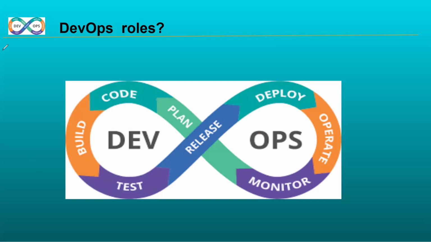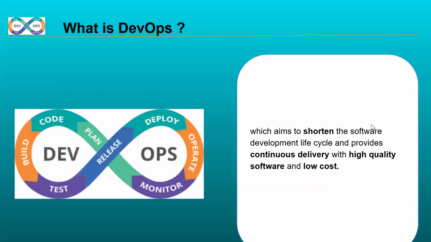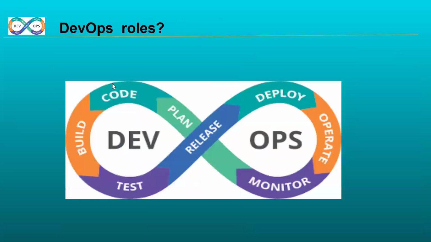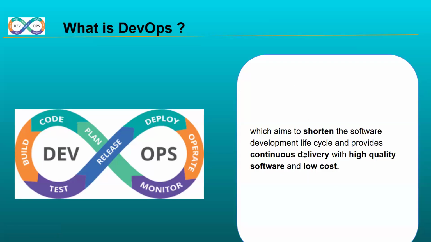As a DevOps engineer, what exactly are we going to do? We are going to implement an automated DevOps transparent pipeline. DevOps is not a technology like Java or .NET. DevOps is a process. While implementing our DevOps process, an automated transparent pipeline, we need to follow some rules and regulations. We deliver working software within the shortest time, with high quality and low cost. That is exactly our DevOps transparent pipeline.